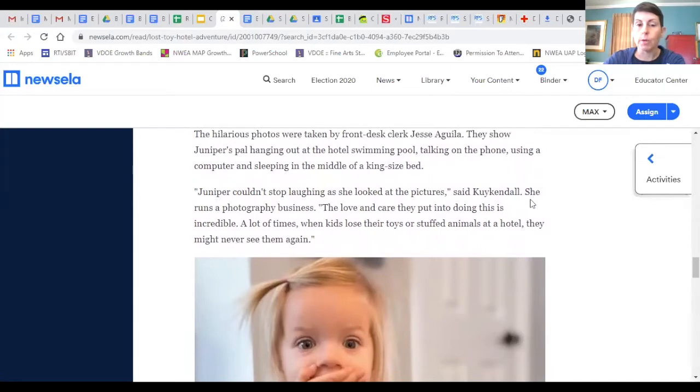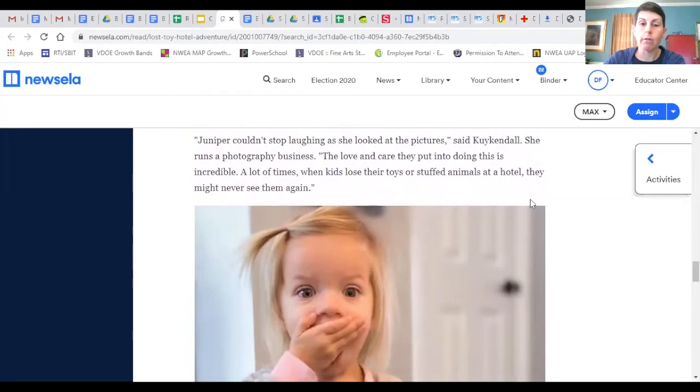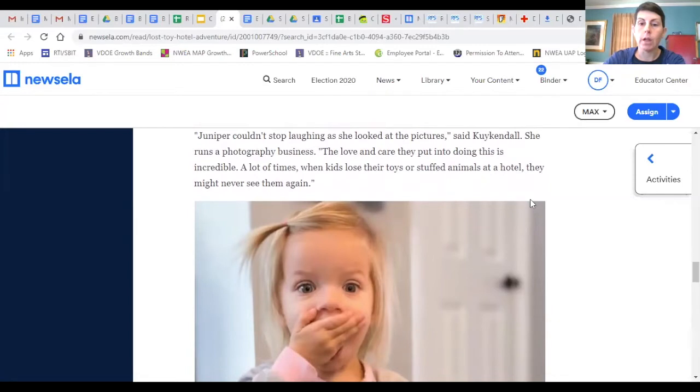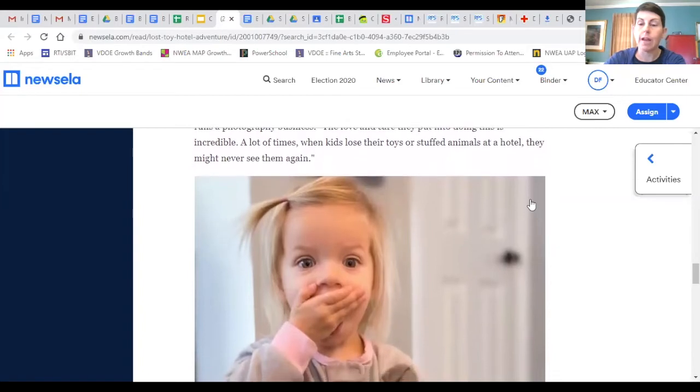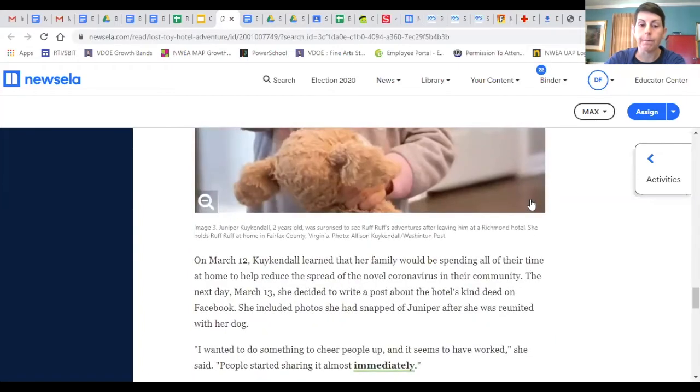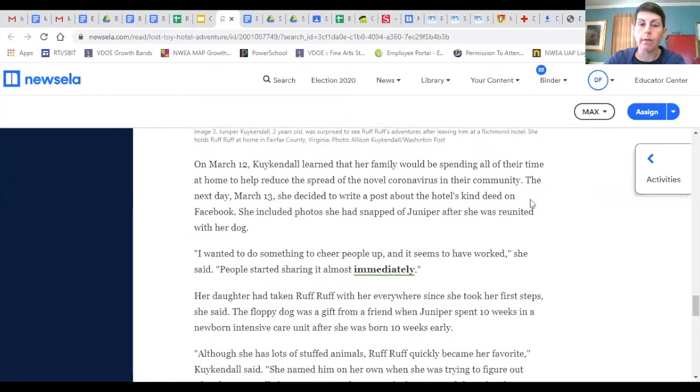They showed Juniper's pal hanging out of the hotel swimming pool, talking on the phone, using a computer, and sleeping in the middle of a king-size bed. "Juniper couldn't stop laughing as she looked at the pictures," said Q Kendall. She runs a photography business. "The love and care they put into doing this is incredible. A lot of times when kids lose their toys or stuffed animals at a hotel, they might never see them again." On March 12th, Q Kendall learned that her family would be spending all of their time at home to